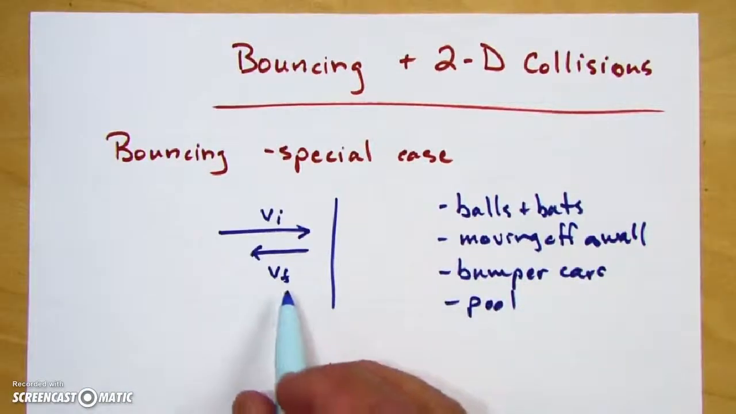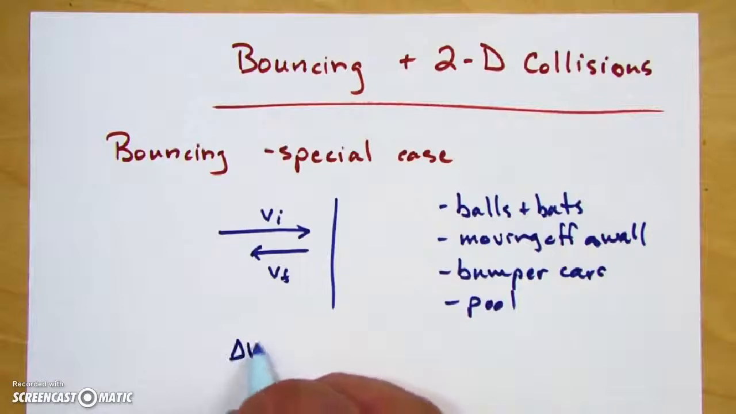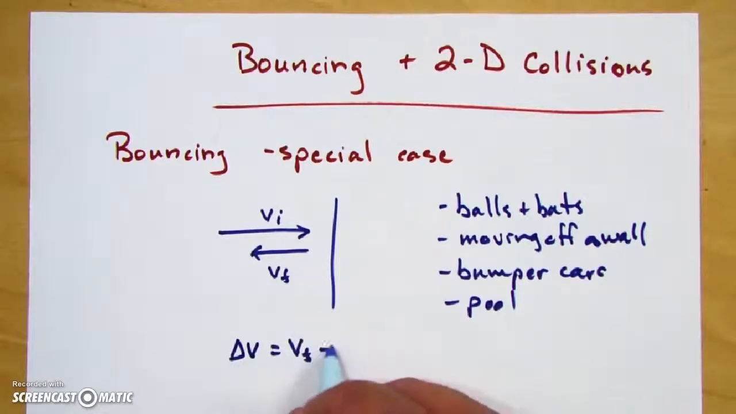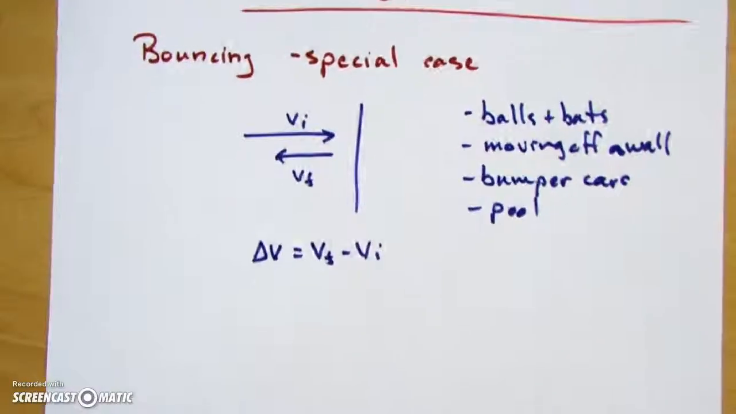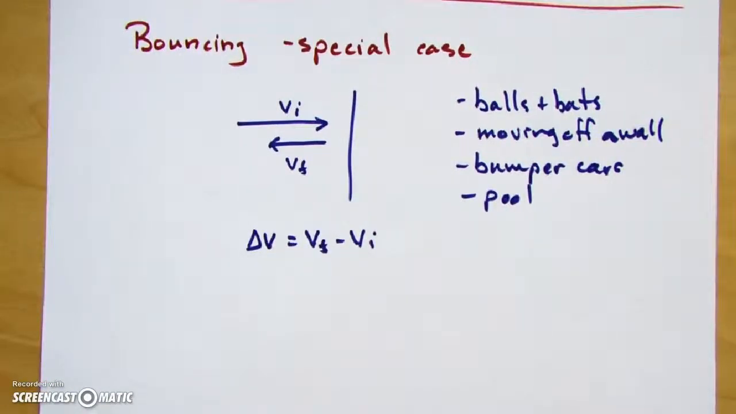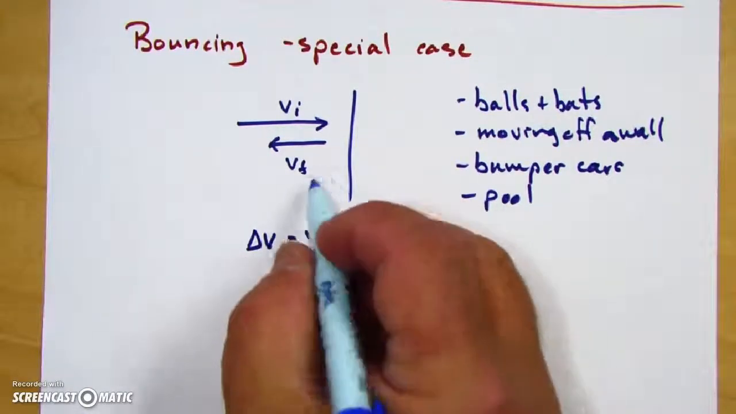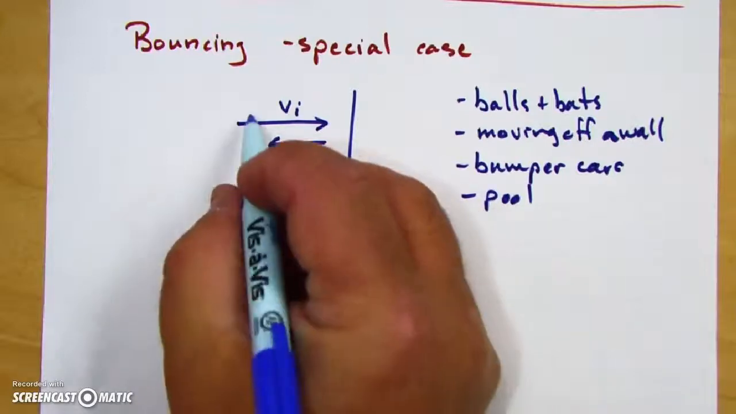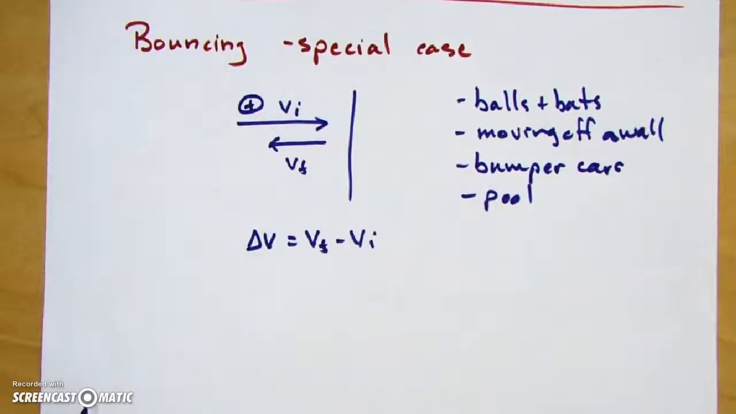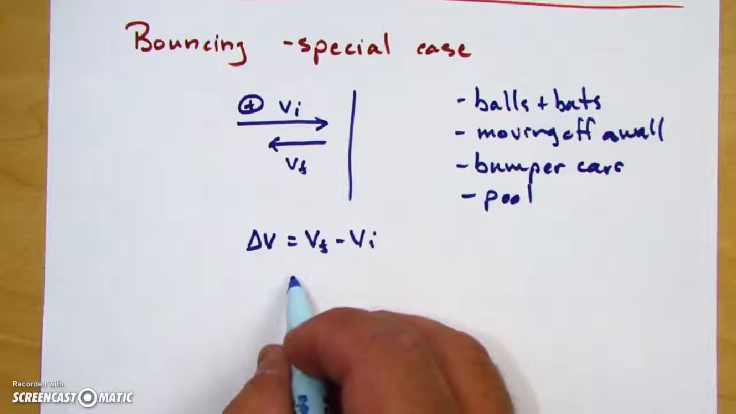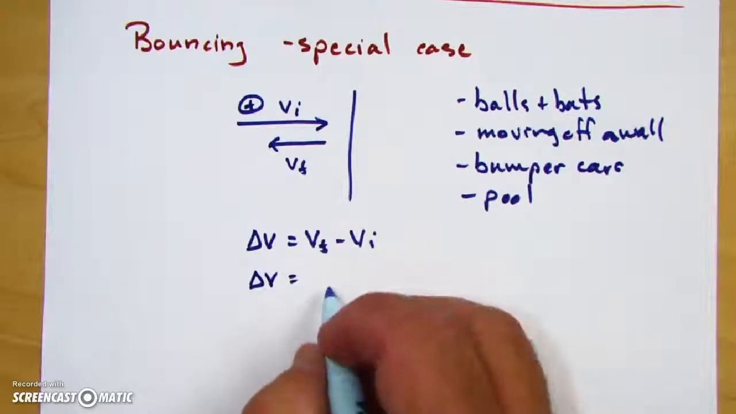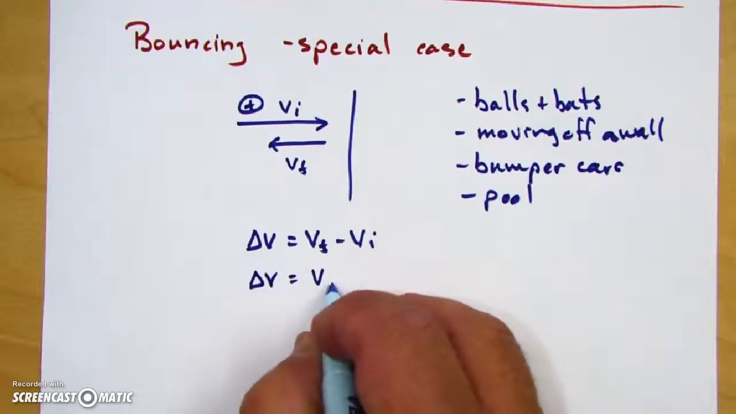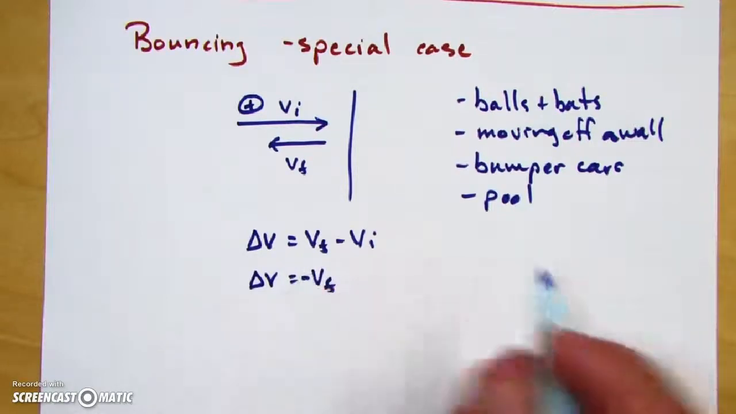The key thing here is that delta V is equal to V final minus V initial. And direction matters. Since momentum is a vector quantity, it has to have direction. So if I say that VI is my positive direction, then delta V is going to be equal to VF, but that's in a negative direction,